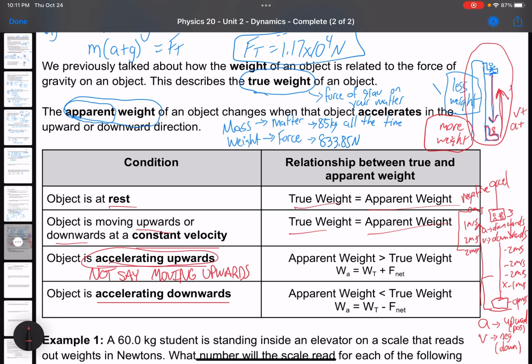Are they both negative? It's slowing down, and so on. Okay, so you can have an upwards acceleration without ever traveling upwards, and you can have a downwards acceleration without ever traveling downwards. Okay, so those questions